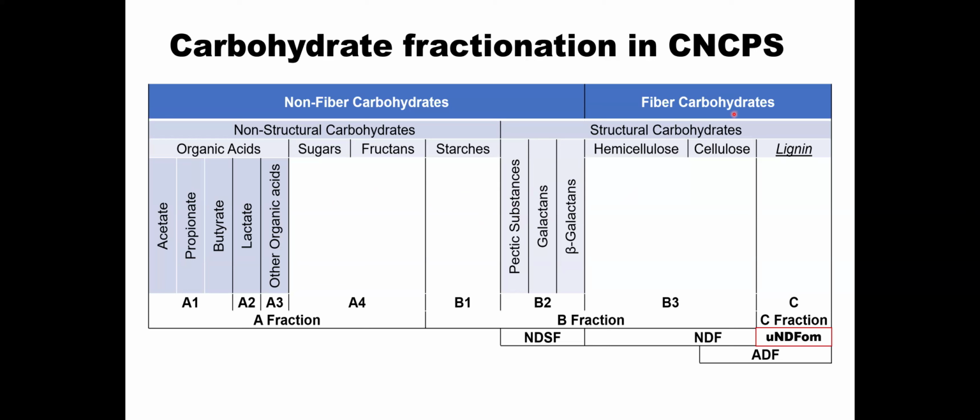And then we come to the fiber carbohydrate digesting bacteria. We get into the structural carbohydrate, hemicellulose and cellulose, and those are fibrolytic digesting bacteria. They're going to be a little bit slower. They have lower maintenance requirements. They attach. These guys over here swim around and they're more opportunistic. These guys on the structural carbohydrate side attach and can't move around as effectively